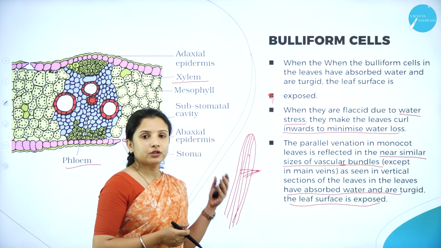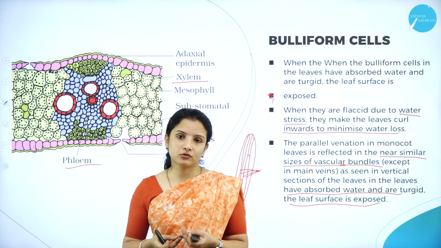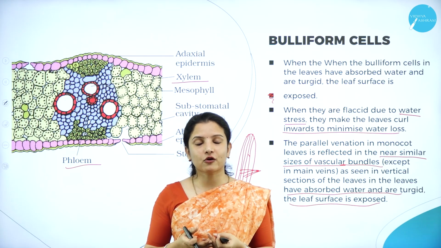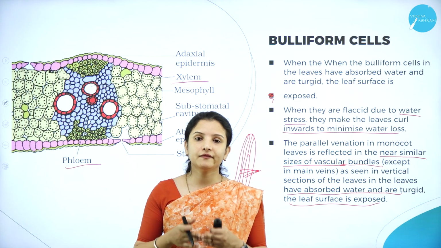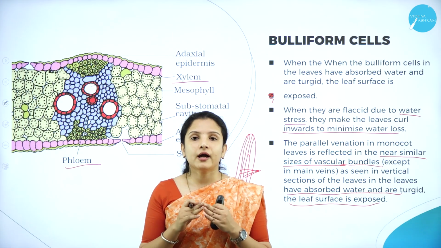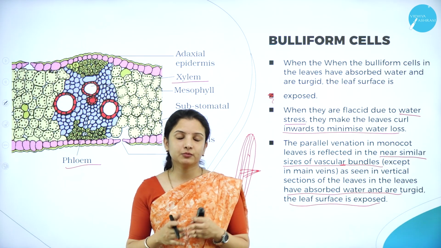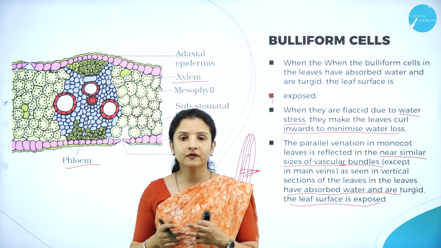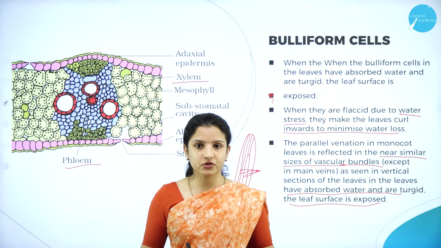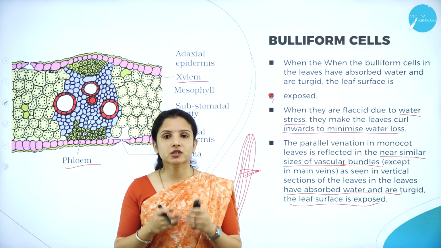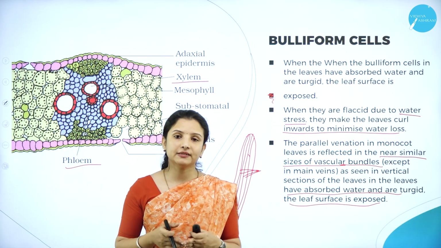So this is about the monocotyledonous leaf. In today's session, we studied the dicotyledonous leaf and the monocotyledonous leaf. I had told you the dicotyledonous leaf is also called the dorsiventral leaf, and the monocotyledonous leaf is isobilateral in nature and also called the isobilateral leaf. One of the major differences between the dicot leaf and monocot leaf in terms of anatomy is that dicot leaves have palisade and spongy parenchyma, but monocot leaves just have parenchyma, with no differentiation into spongy and palisade parenchyma.